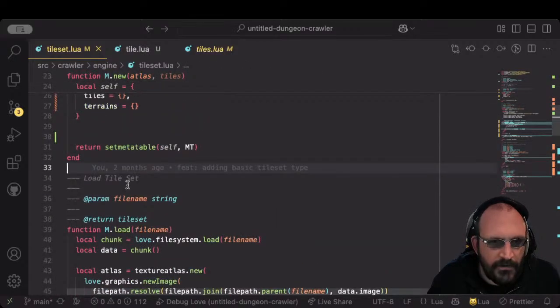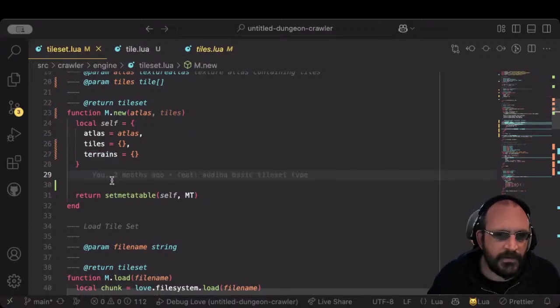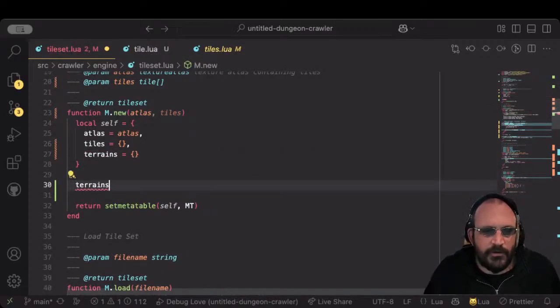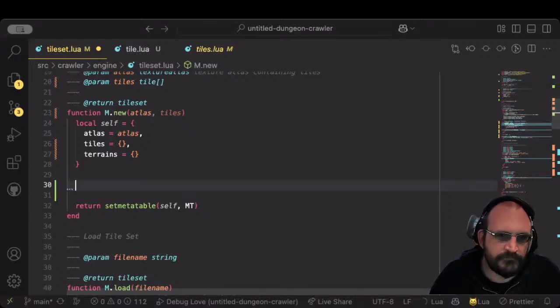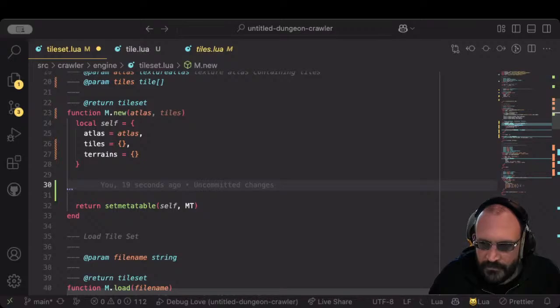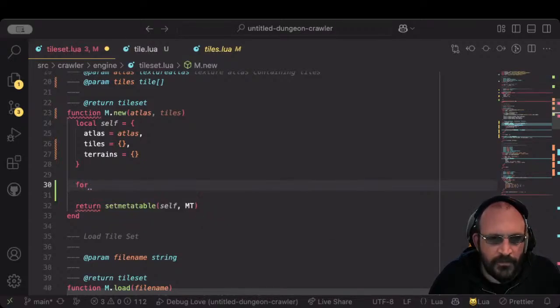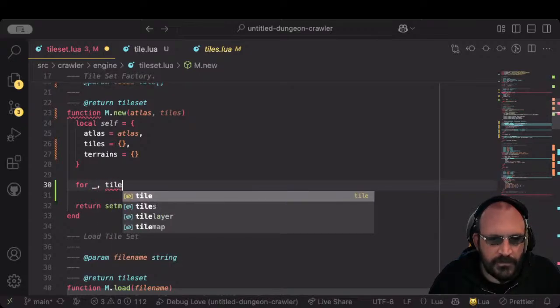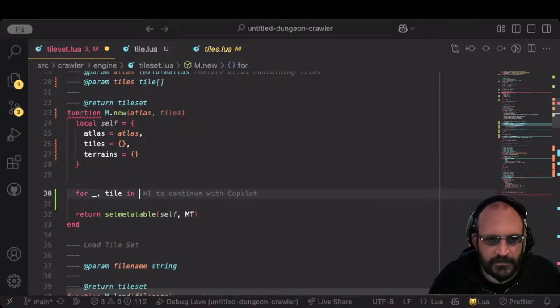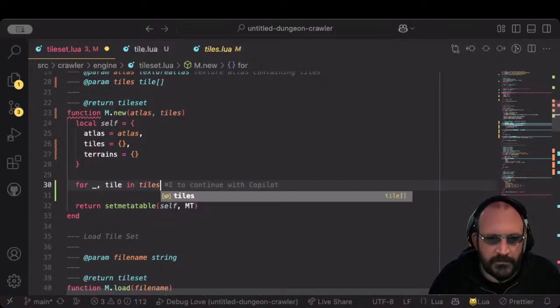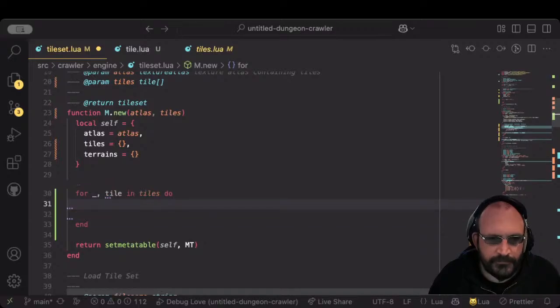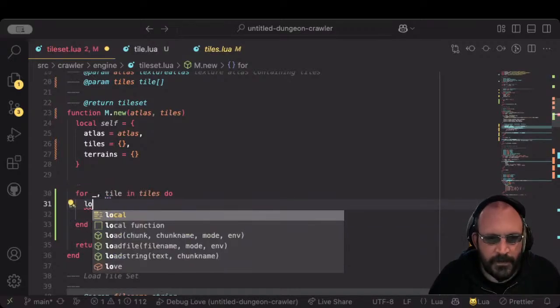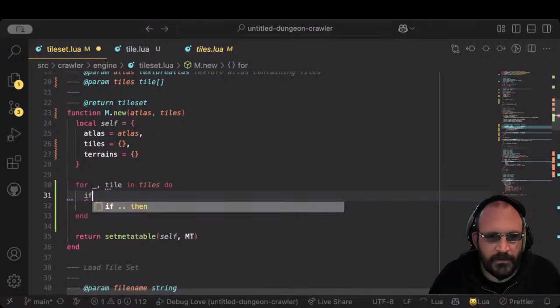And then for our lookup table here, we'll rebuild our corner table. Here we're going for tile in tiles do, and we'll if